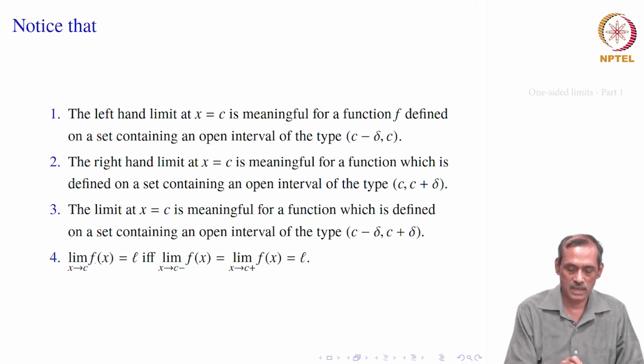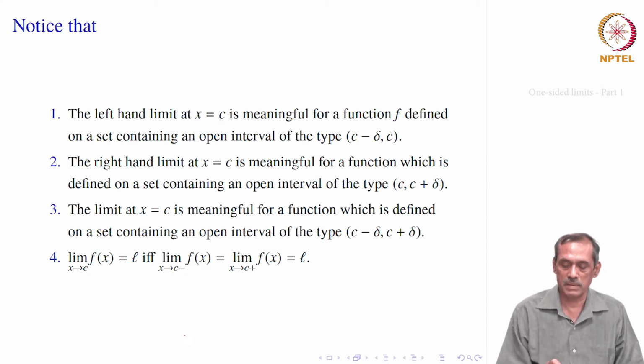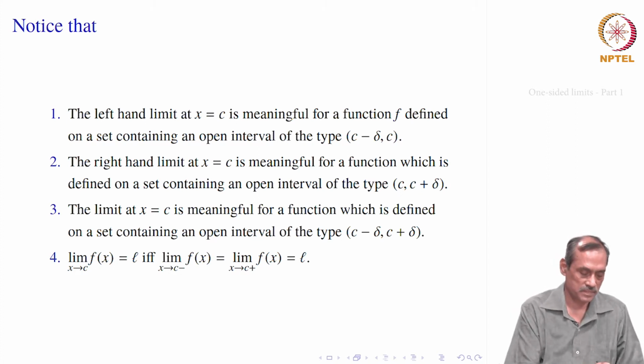If the limit of f x equals L, then both the left side limit and the right side limit are defined and they are also equal to L. So, this is the fourth statement. We say that limit f x equals L if and only if both the left side limit equals L and the right side limit equals L. If this happens, we would say that the limit of f x equals L. Sometimes it is easier to find the left side limit or the right side limit than the limit itself directly. So, in those cases it will be helpful to find both types of limits separately.